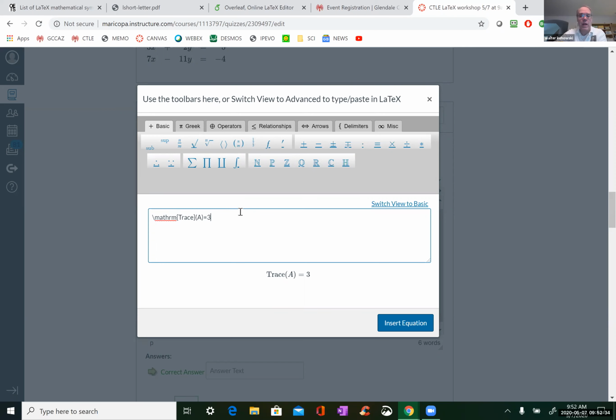Okay, and I don't know if we'll do it, but I think there is an SF, and it does sans serif. If you want to be even more specific, to make sure it's a real mathematical trace, it's okay to make it explicit. You can sans serif it.